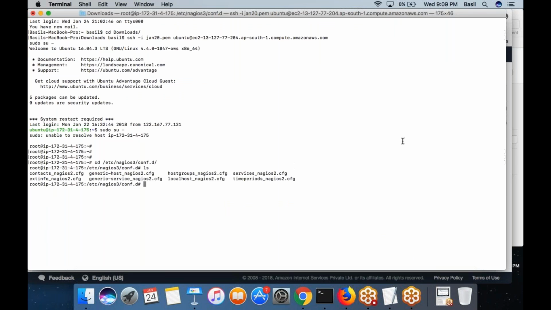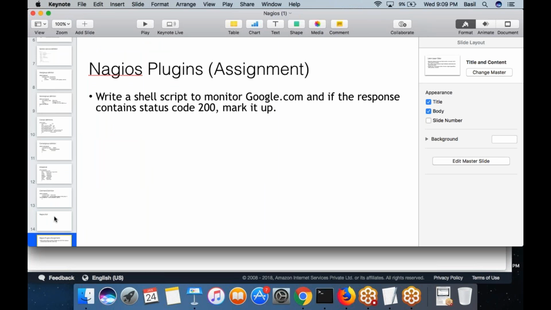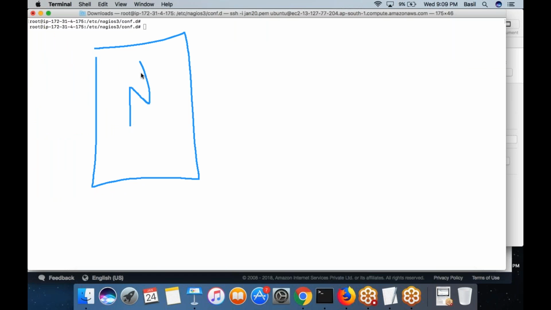So now we have seen how you can write a plugin and execute a Linux command, or send a status code of 0, 1, or 2 based on what the script has found, to let Nagios know about the status of the service. Okay, great. Is it the localhost that you are interested to monitor? Of course, you need to monitor the localhost also. You have the Nagios server, and this Nagios server also you need to monitor. That's why you put localhost as your first host that you want to monitor.